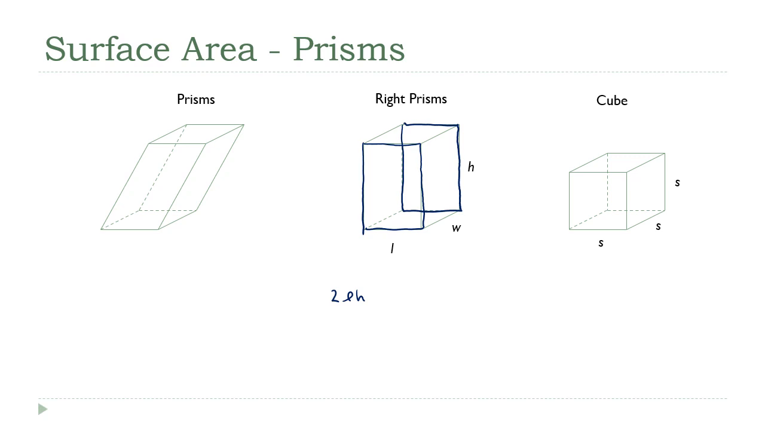Now, if you look at the bottom, this face and this face, the area of those two is the length times the width. And again, there's two of them. And finally, if we look at these sides, the two remaining faces, this one and this one, those areas are W times H. And again, there's two of them. So there's our formula for the total area